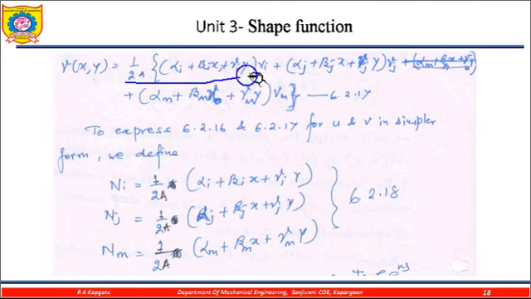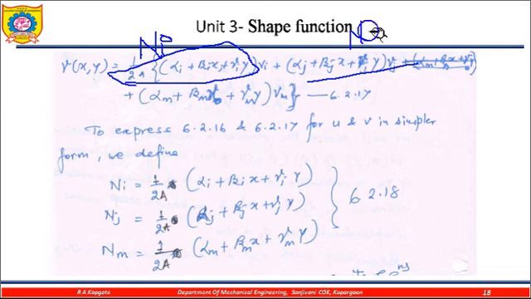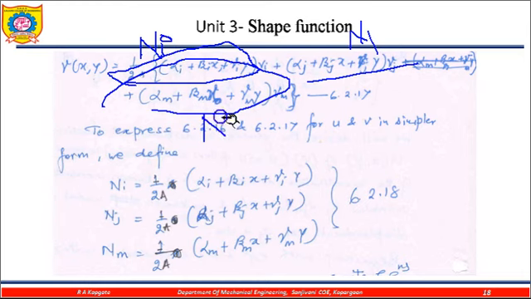So this is equal to my shape functions. This value is equal to ni, that is the shape function. This is my second, nj shape function, and this is my nm shape function. Now we already know what is meant by the shape function.